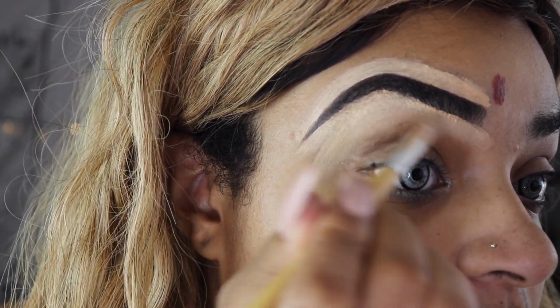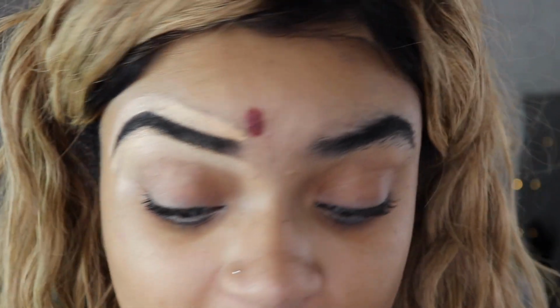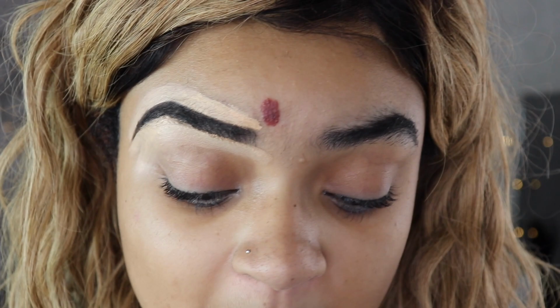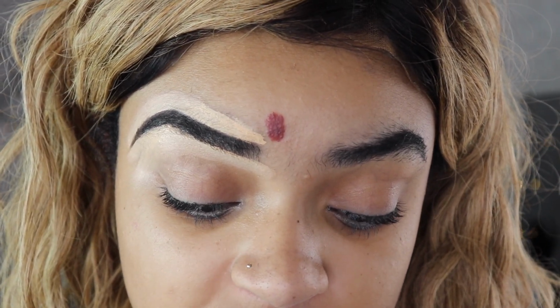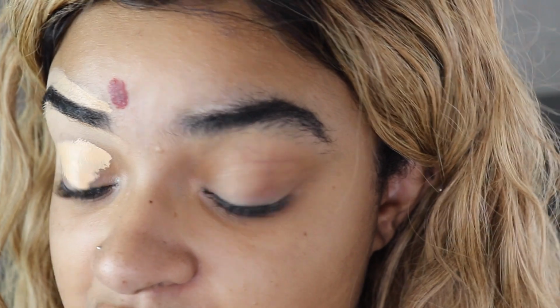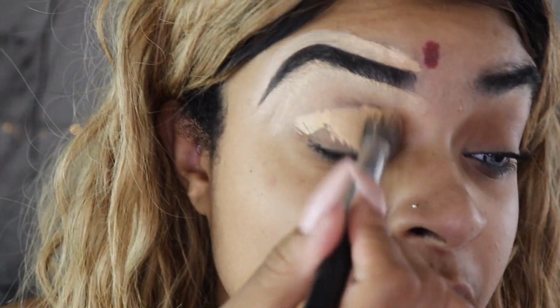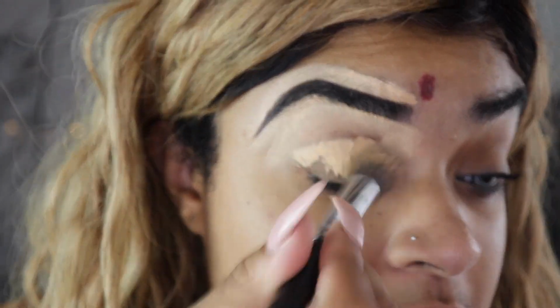Now of course you can do this with any shape that you are going for. I personally like to go for thin and arched myself. So this is exactly the shape that I would ask them for when I go get my eyebrows done anyways. I would be like, I want my eyebrows thin and arched. And usually I actually do like it when I grow out my eyebrows a little bit thicker, because then they have more room, more to work with and more to change up the shape if I wish to do that. So yeah. So I'm just gonna blend out